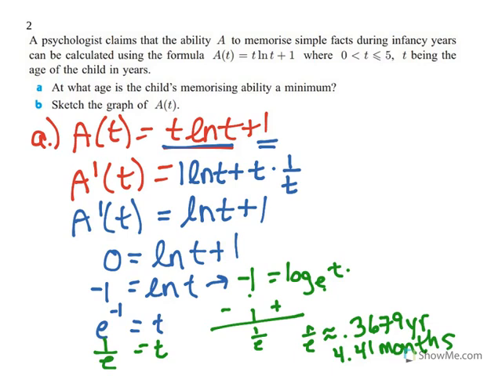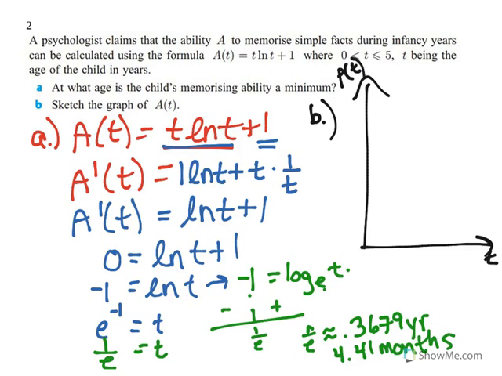So if we graph this for B, we have time and how much they're learning, A of t, memorizing. We start this at 0 and we have to end it at 5, because that's all this model relates with. And right here, this is at 1 over e, which is the minimum value. Okay, so a couple of things here. I can look at how much the child has already memorized